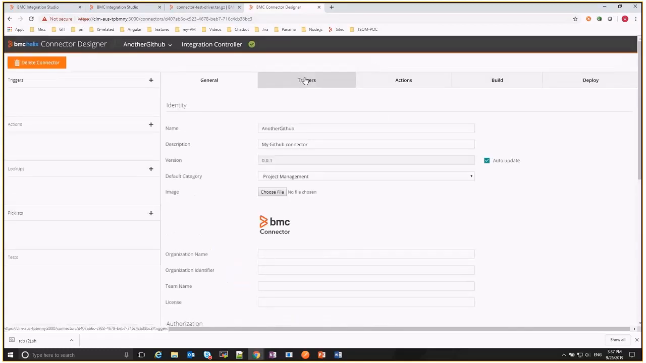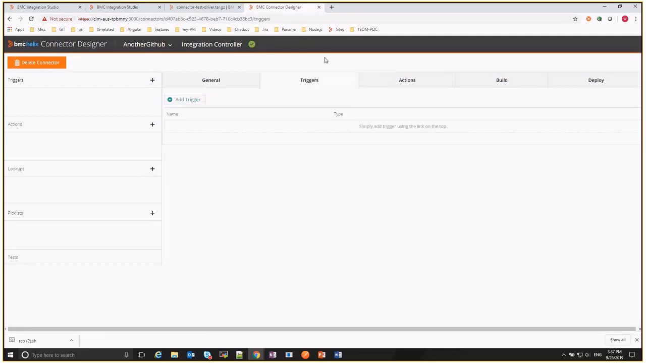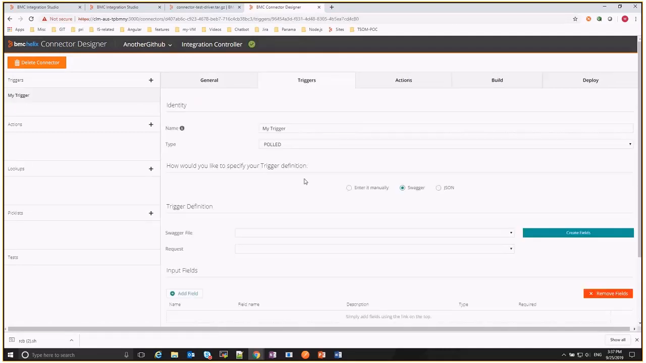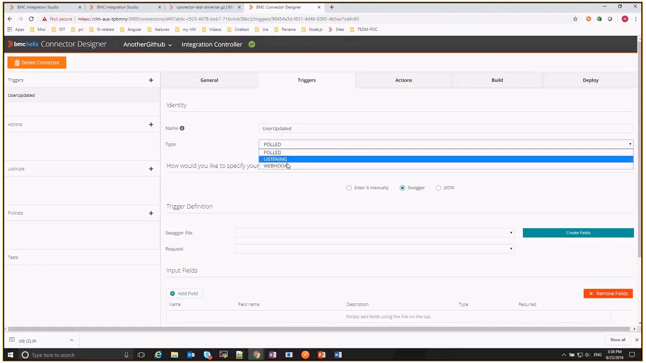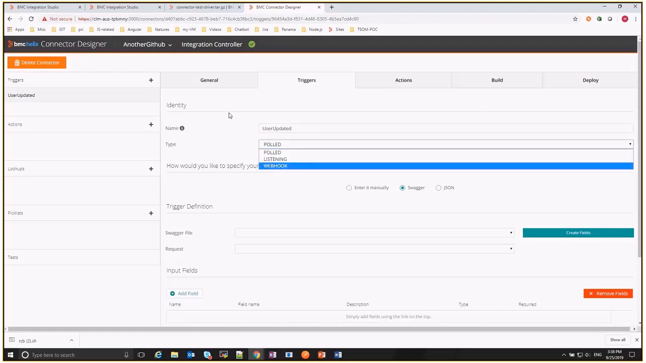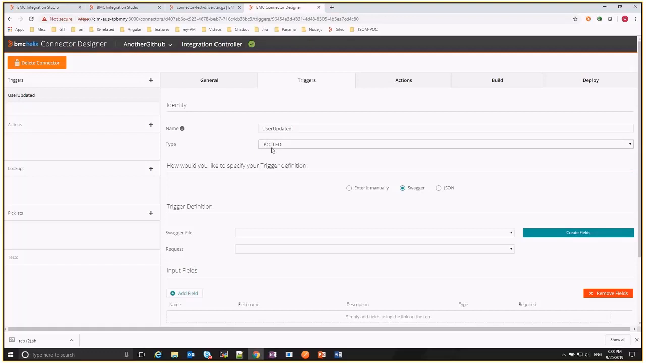Next, I want to create a trigger. So again, the naming convention here. For example, I want to say user updated for the user field. And then by default, it will be the poll type. For this field, you have different choices here, as mentioned by Kevin before. So I would just take the poll